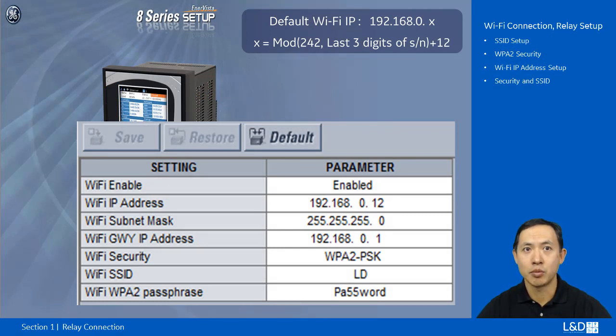The calculation is the last 3 digits of the serial number modulo 242, plus 12. For example, when the serial number is 1, then the last octet will be 13. When the serial number is 241, the last octet will be 253. When the serial number is 242, the last octet will be 12. This is to ensure uniqueness of the default IP address for all 8 series devices present on one wireless network,